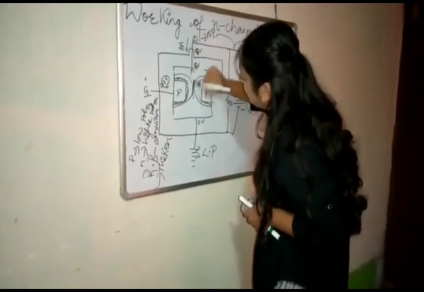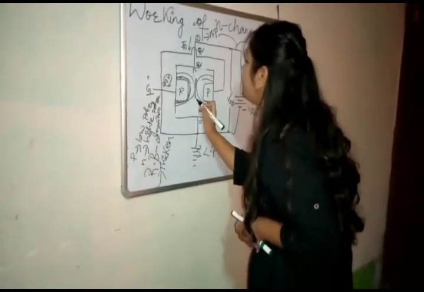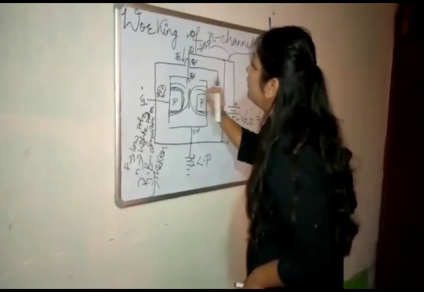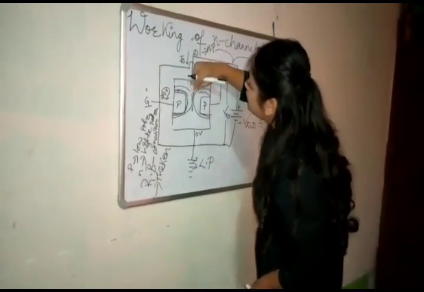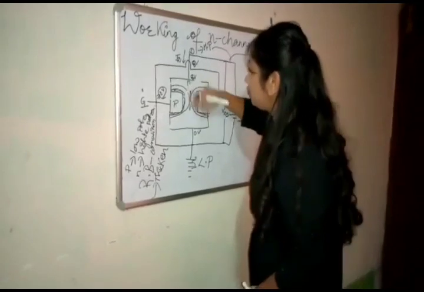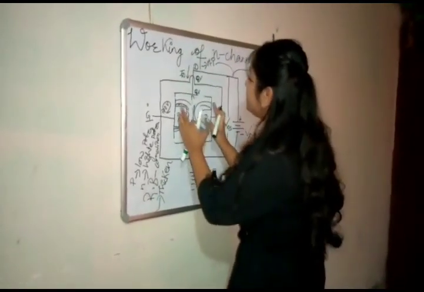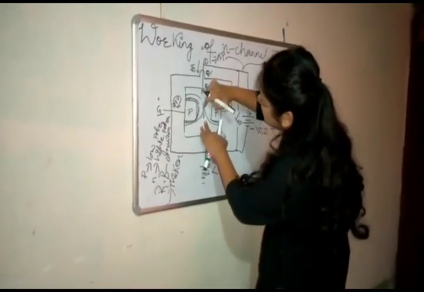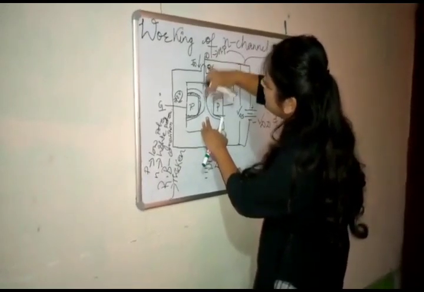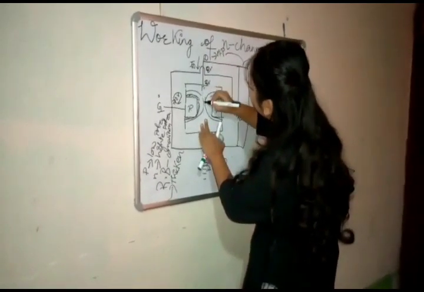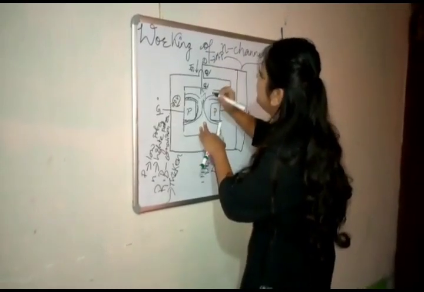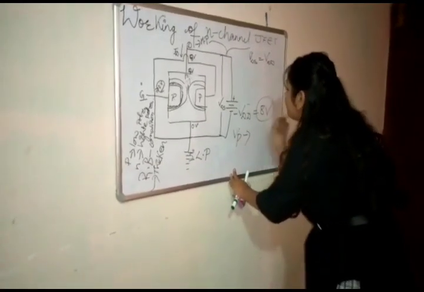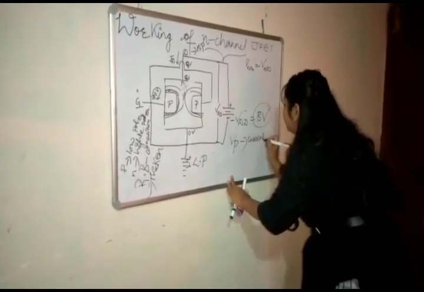will be narrower. This channel will be narrower, and here we will find an obstruction for the current to flow. The current which flows through this channel will get obstructed. When the depletion layers tend to meet each other, there will be no current flowing in this channel. When the depletion layers nearly touch each other and no current flows through this channel, or the current gets saturated, that is the voltage at which the current gets saturated,